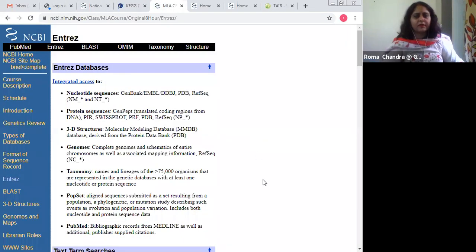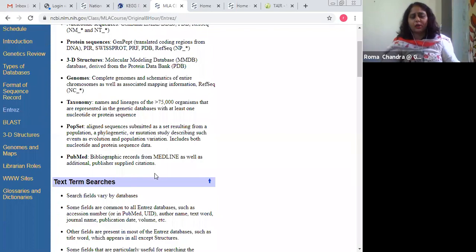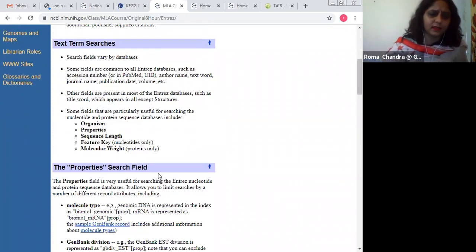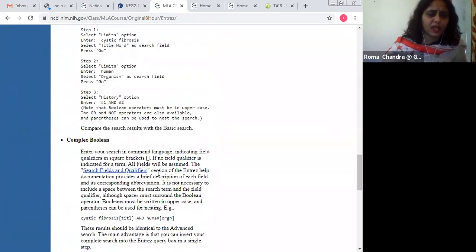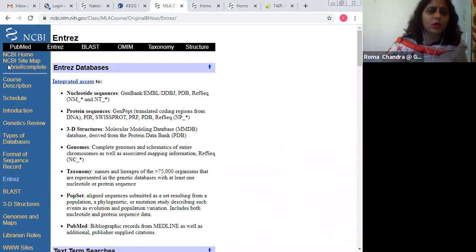Entrez we have talked about a lot because we were talking about information and data retrieval basically. Integrated Entrez was there, which helps us get information for nucleotide and protein sequences, three-dimensional structures, genomes, taxonomy. A lot of information is here. You can go through the home page and extract whatever information you want.